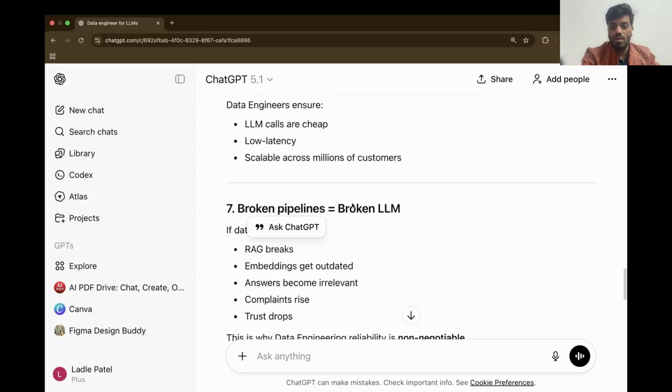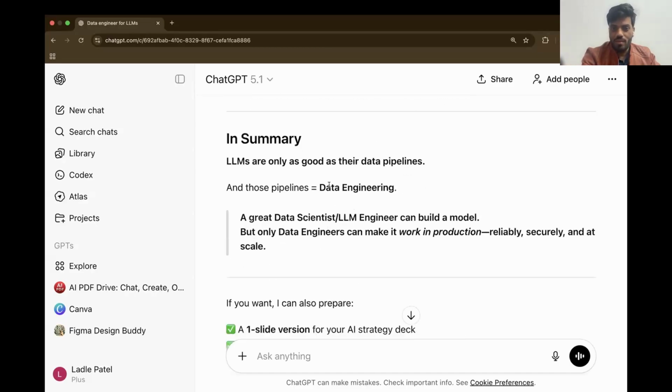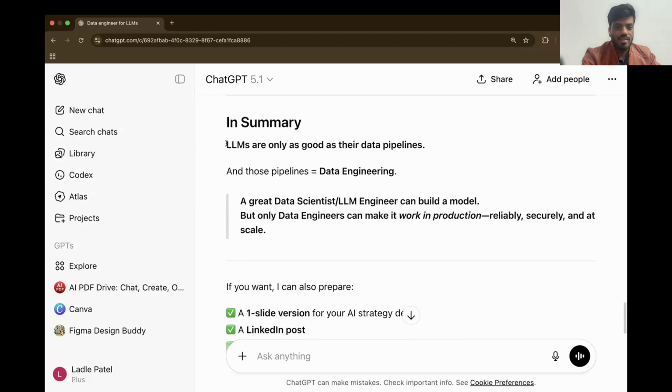These all require this. To summarize, a great data scientist or ML engineer can build a model, but only engineers make these things production-ready, take them to scale, and make the solution reliable. They have done it at multiple scales. Data engineering is something which is done.